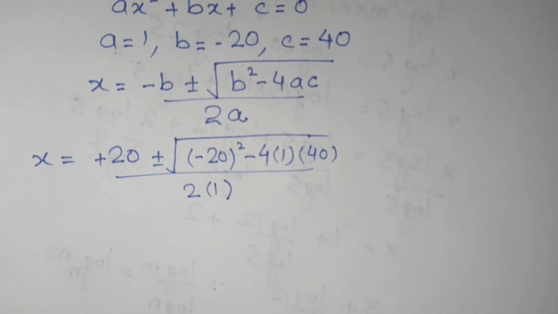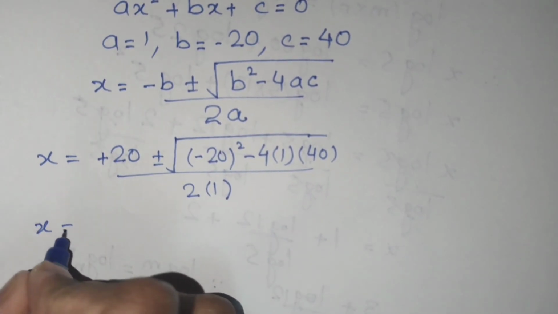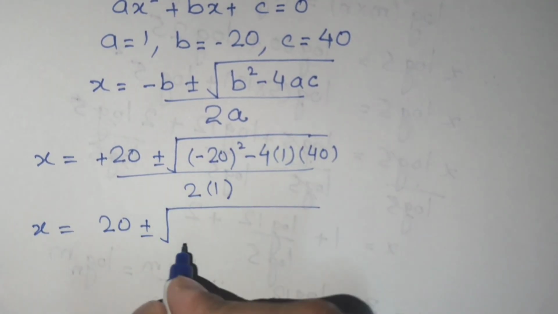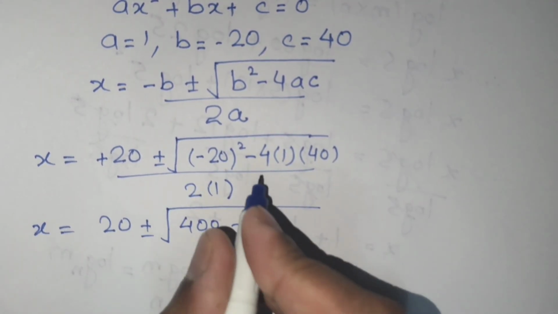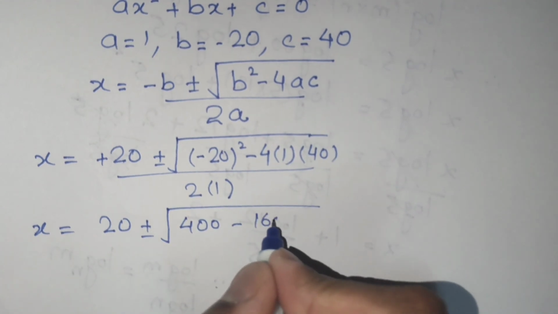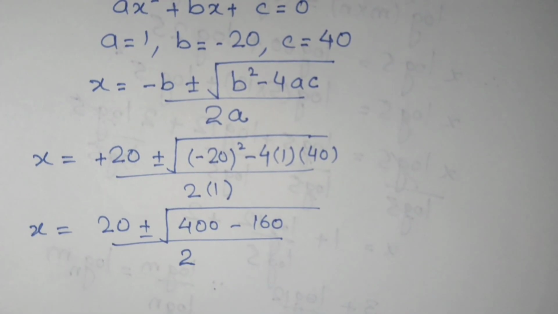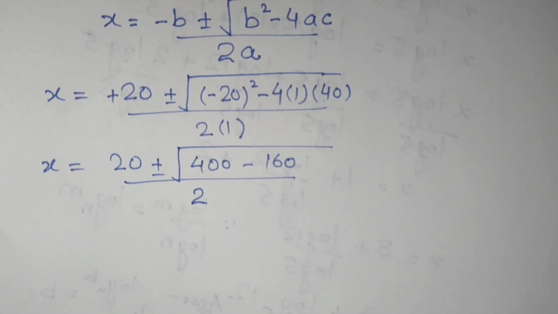So x will be equal to 20 plus minus square root of 20 square, which is 400, minus 4 into 40, which is 160, all over 2. In the next step, x equals